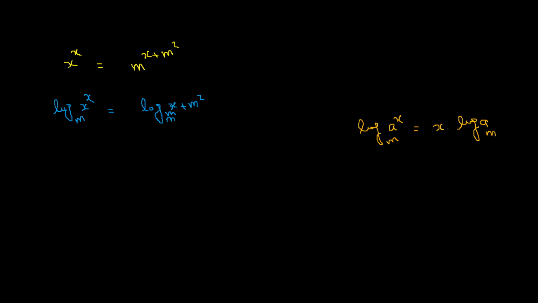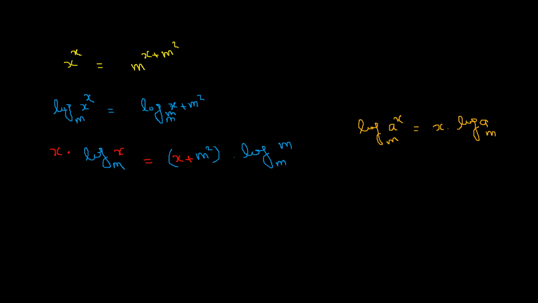The same rule is used on the other part, x raised to power x, so the power multiplies in front of the logarithm, and we get x times log of x with base m equals (x plus m squared) times logarithm of m